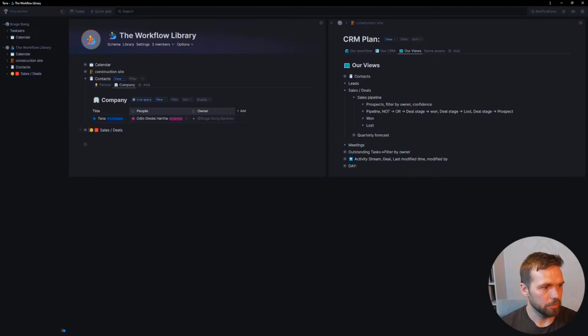Okay, so we're actually gonna make a new node outside of this. That's just called sales, and then this is just going to be called pipeline. This is going to be confusing. We'll change the naming scheme in a bit. Just want to indent this, and then here we're going to have a